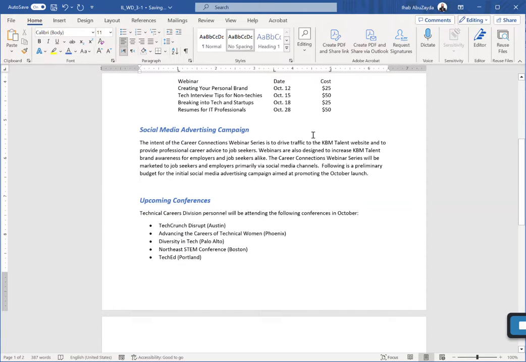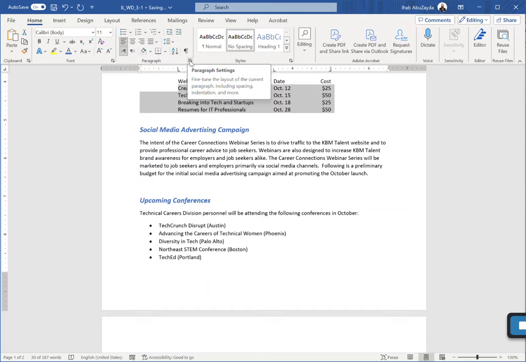Okay, so now other things I will do is I will add dots here between the webinar and the date, and also dots between the date and the cost to make it look nicer. And of course, I'm not going to apply that to the headings here, so I will only apply it to the content. So I will select these lines, and then we can go to Paragraph Launcher, click on that,